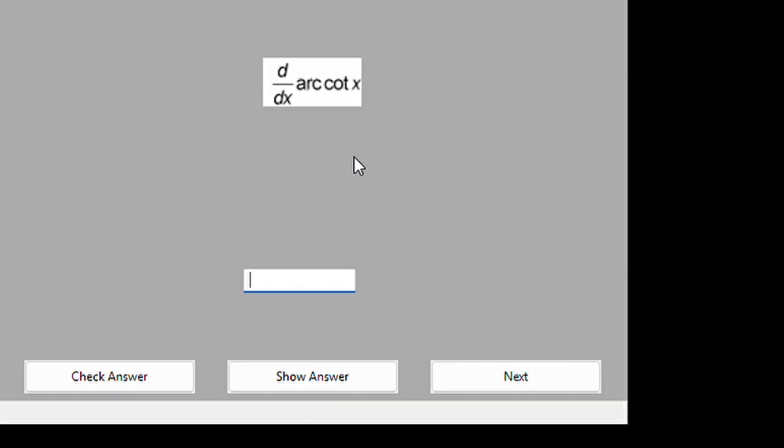The answer to this derivative is -1 divided by 1 plus x squared. Oops. This is the answer to this derivative, and then once the user puts in the answer, what they can do is check the answer. And right now it says that the answer is incorrect, so the user might have to make a modification to it. For example,